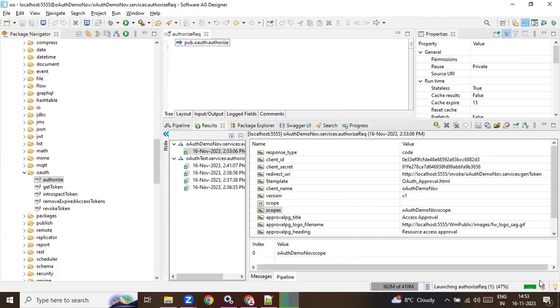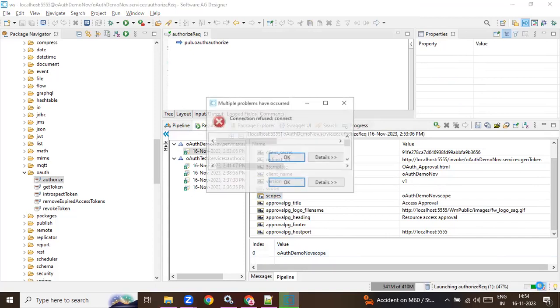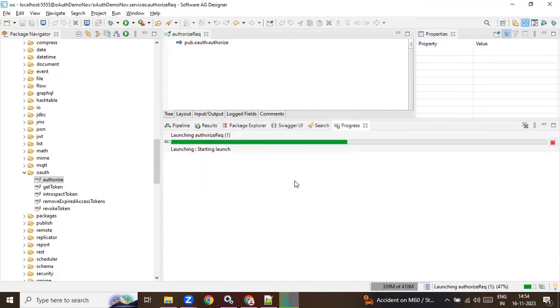See, it is now still thinking whether the scope is present or not, and it will take some time. So it is still determining whether the scope is present or not, and this takes a lot of time to get through. So I'll close this